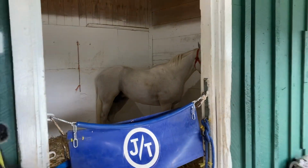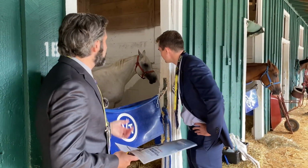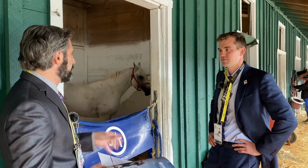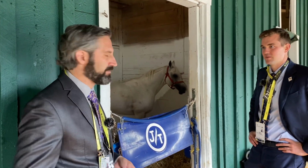When he comes on the track, he struts. He loves what he does. He puffs up. It's interesting that they're both from the same breeders, similar breeding lines, but they're very different. They look different, they have different demeanors, and he's been such a great ambassador for the breed in the United